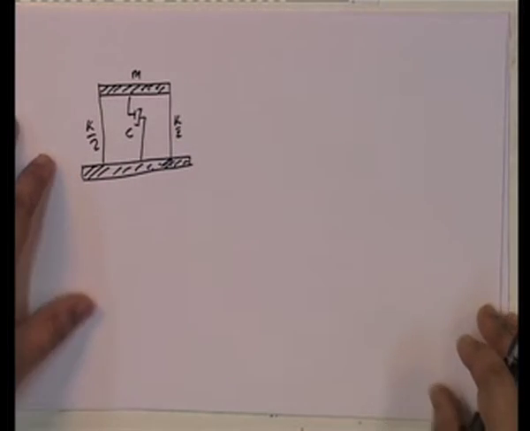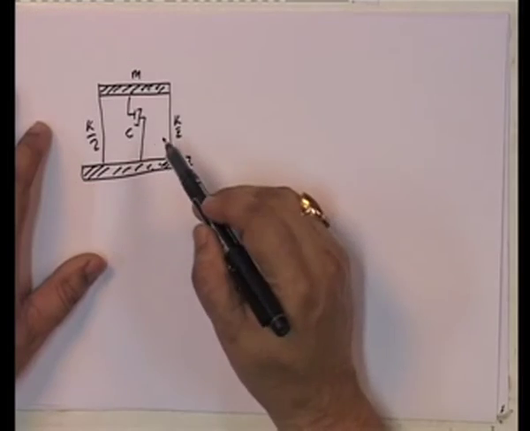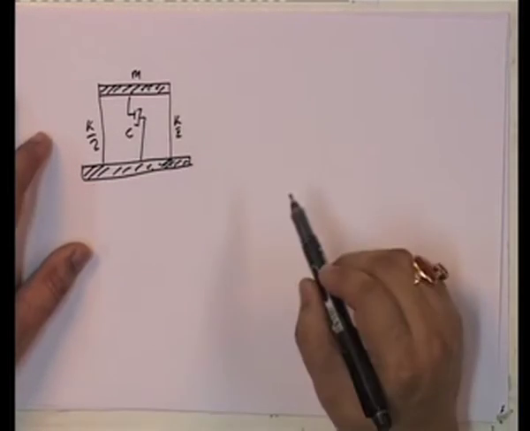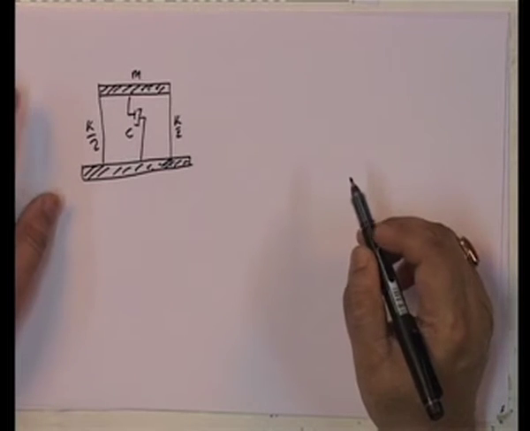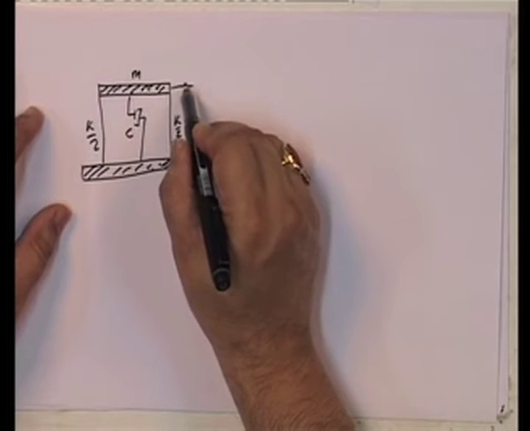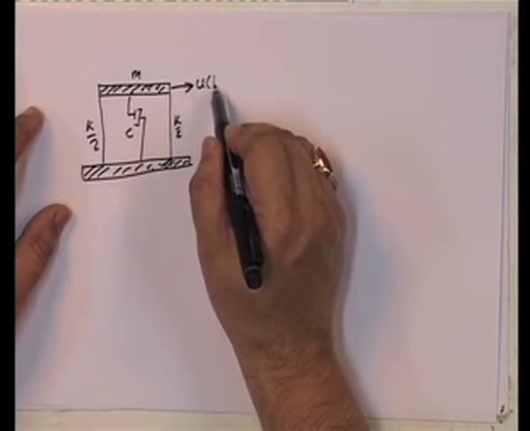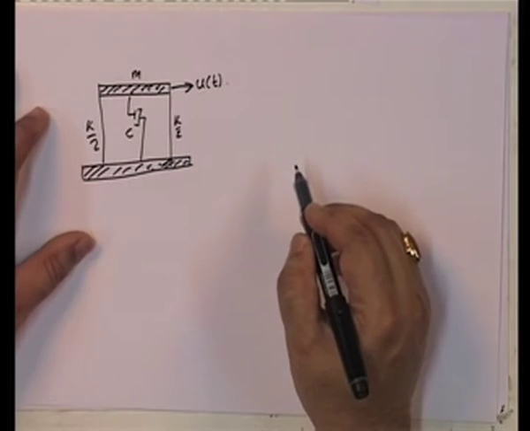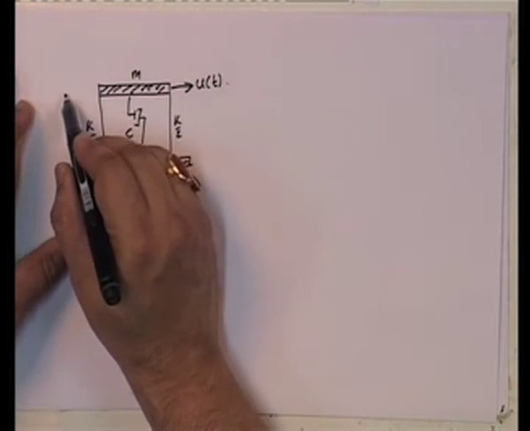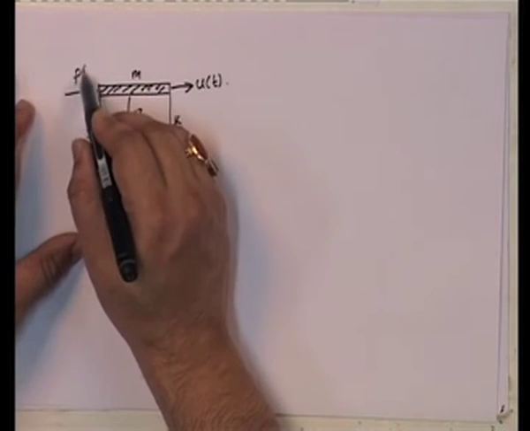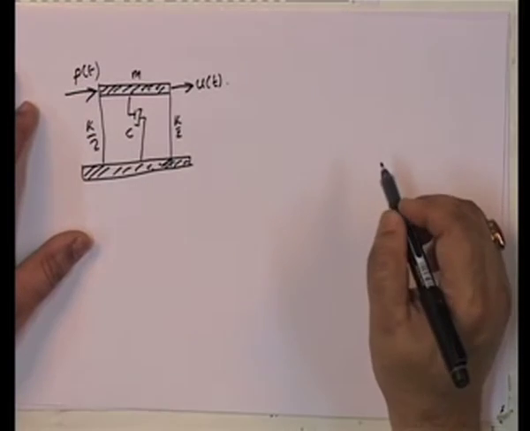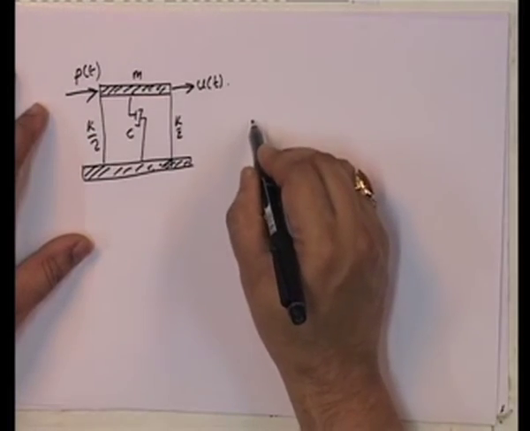I am showing all of these. Actually, in reality, you don't have this dashpot, right? But I am just showing this, and then we define this as our u of t and a load p of t, and for this we got the equation